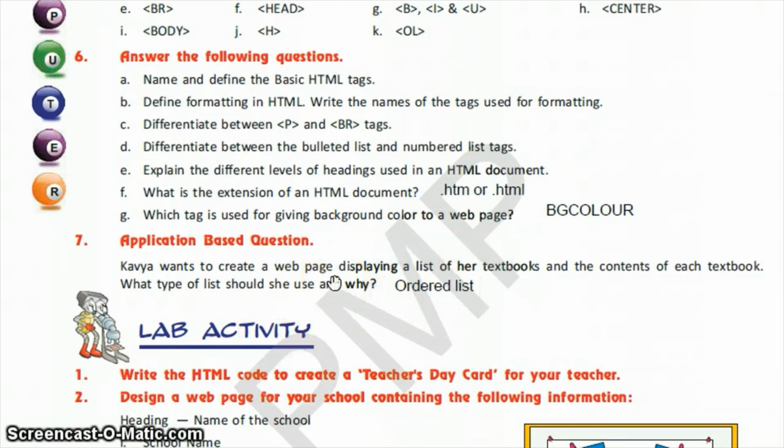So students, here we come to the end of the question answers. I hope you have understood all the answers properly and you will not find any doubts in the question answers. They are very easy. If you are well with the practical work, all the answers are self-explanatory. Thank you, students.